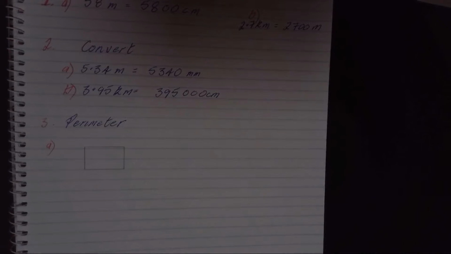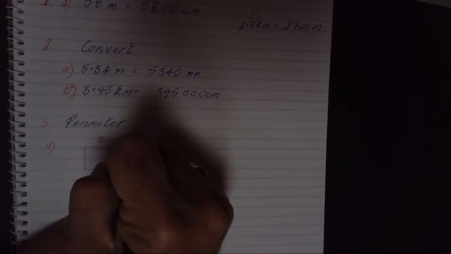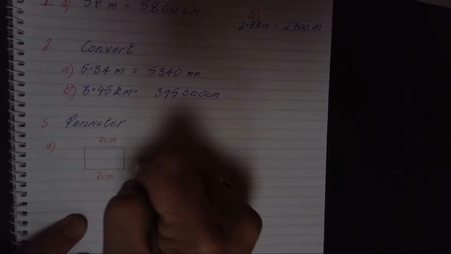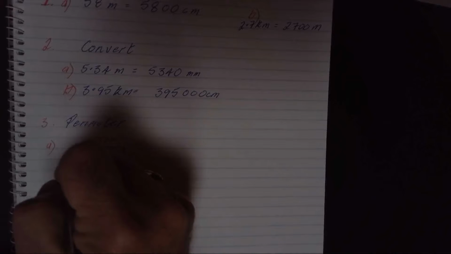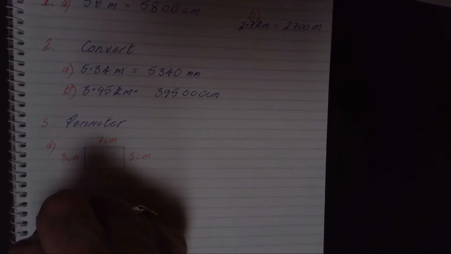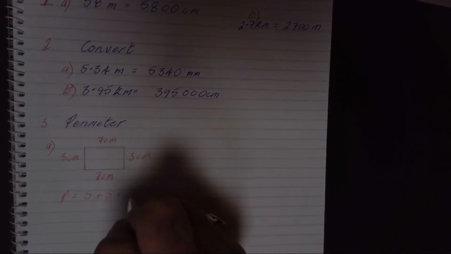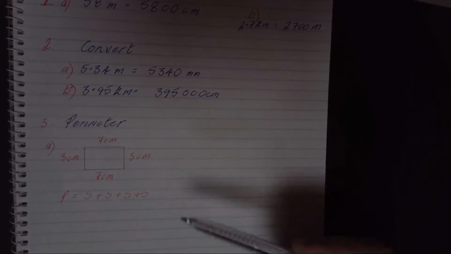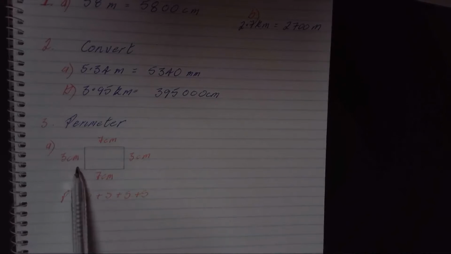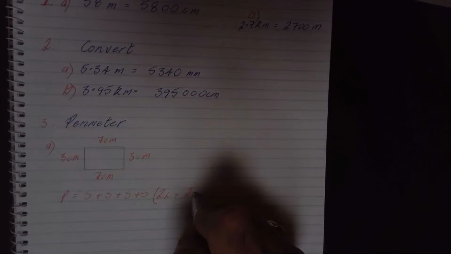So I'll use my Mathomat, able to draw that. Pretty straightforward. I'll label that, and I'm told it's 7 centimetres, 7 centimetres, 3 centimetres, 3 centimetres. So I know my perimeter equals side plus side plus side. In this instance I could have twice 7 plus twice 3. So I could have twice length plus twice the width,